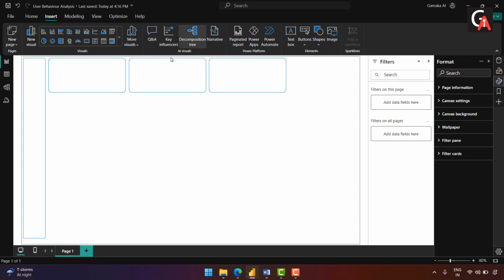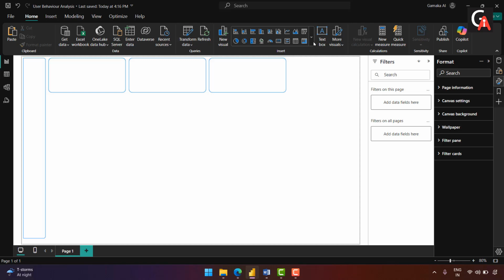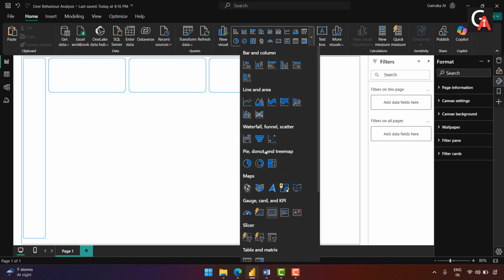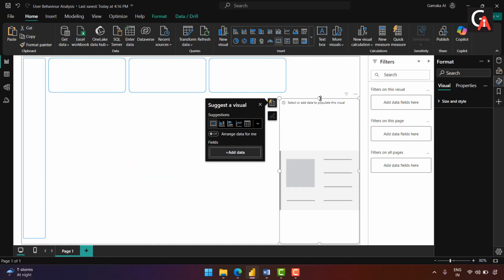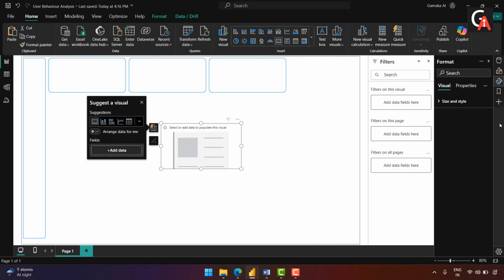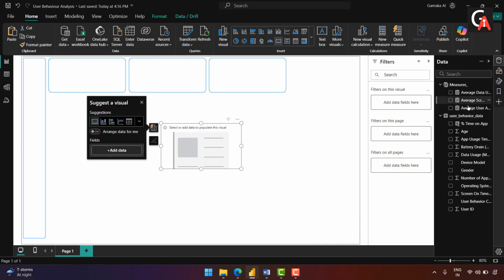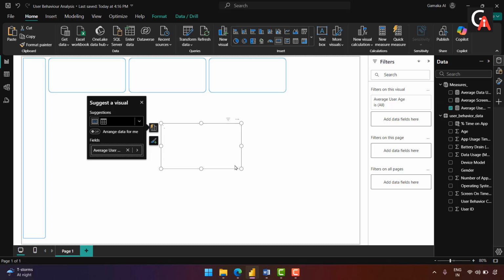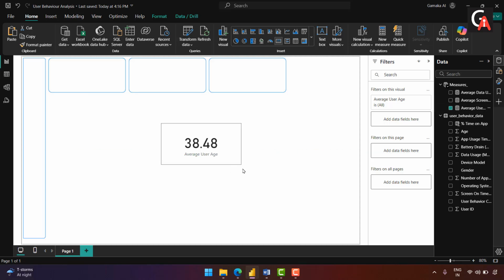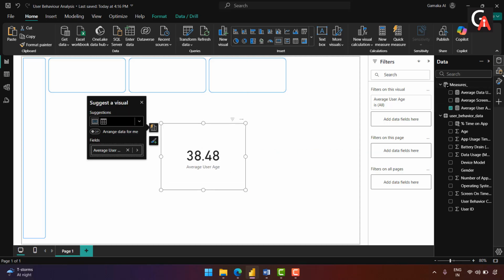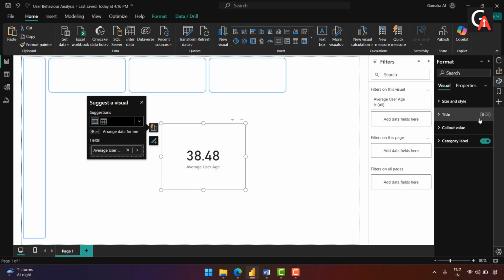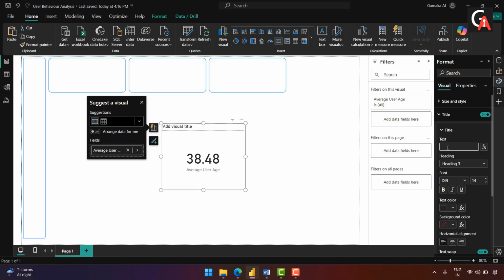Let's just add some card directly. Let me just go here into the Home, right? And in the Home I just wanted to add some card, and in that card let me just have some measure, right? So already we have a measure, which is average time. Okay, great. And let me just do one thing. I want the title, right? Let me just add the title as average user age,